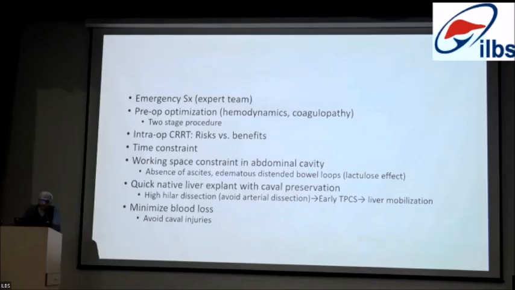For pre-op optimization, in routine living donor transplant, we usually shift the donor, start the donor, and open the donor and look at the quality of the liver. Meanwhile, we shift the recipient onto the OT table. Sometimes while shifting, after putting the patient on the table, the ventilatory support and inotropic support increase. So we have to coordinate with the donor team.